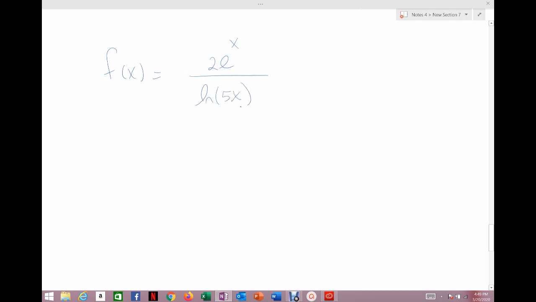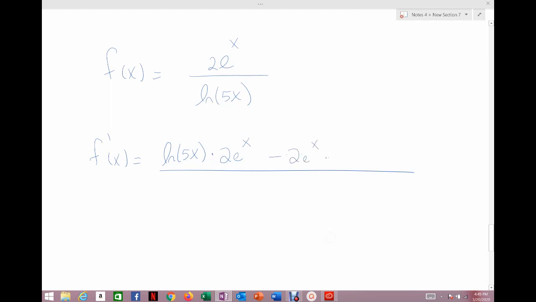So I've got 2e to the x divided by the natural log of 5x. So quotient rule. My low function's the log, my high function's the e. It is the log of 5x, so I'll have to use my chain rule. So remember, the quotient rule is the low function, so the natural log of 5x, times the derivative of the high, which is just 2e to the x, right? It's the simple case, so the derivative of 2e to the x is 2e to the x,